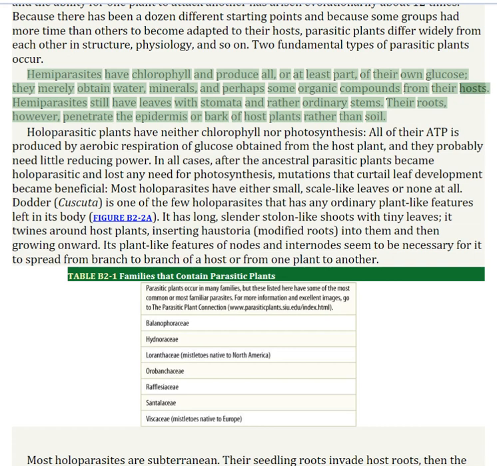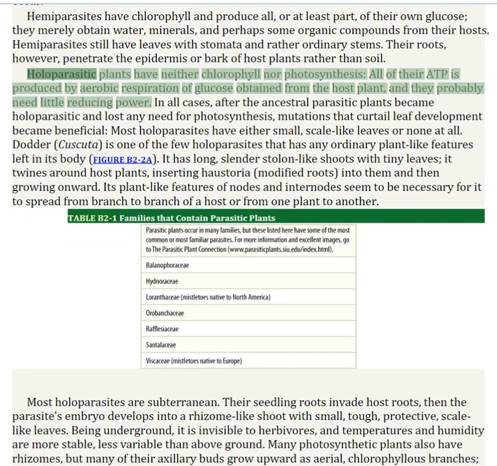compounds from their hosts. Hemiparasites still have leaves with stomata and rather ordinary stems. Their roots, however, penetrate the epidermis or bark of host plants rather than soil. Holoparasitic plants have neither chlorophyll nor photosynthesis. All of their ATP is produced by aerobic respiration of glucose obtained from the host plant, and they probably need